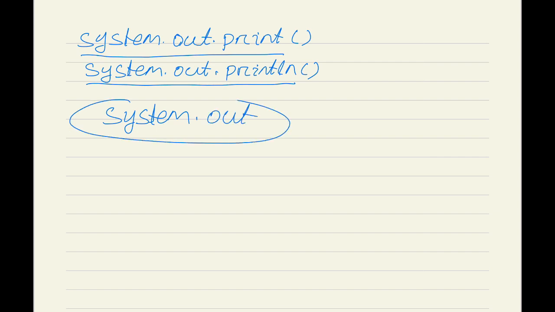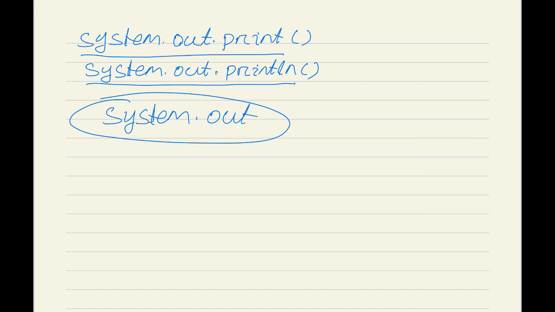So it is an object system.out, and system.out.print and system.out.println are part of system.out. So the purpose of system.out is to display output to the user.